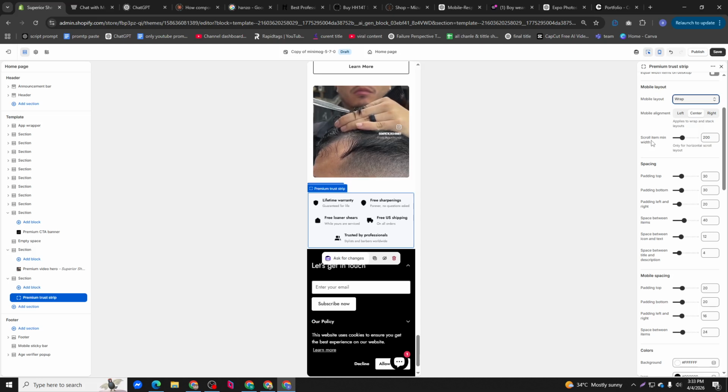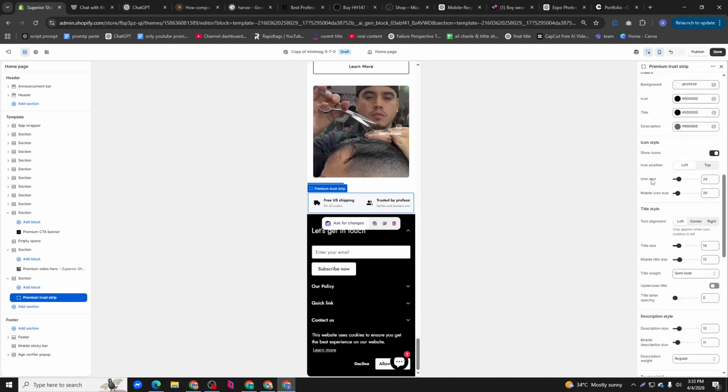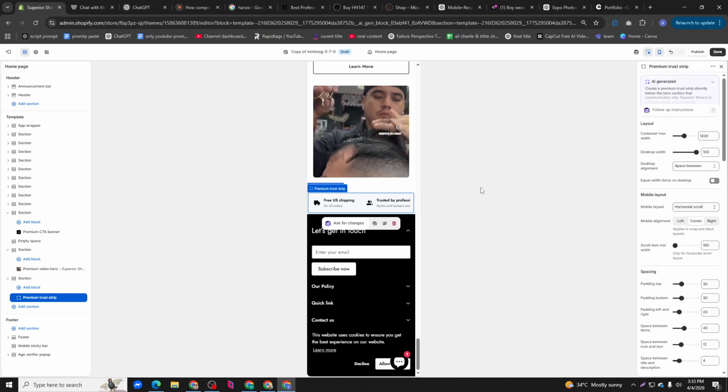Okay, and then also scroll item, 20 seconds. Okay, so it also has scroll item timing, 20 seconds. If I make it very short, and then also if I make it horizontal scroll, now it will scroll. Okay, so I will be able to scroll. That is pretty good. Okay, so the prompt is everything. If you can write a better prompt, you will get a better result.